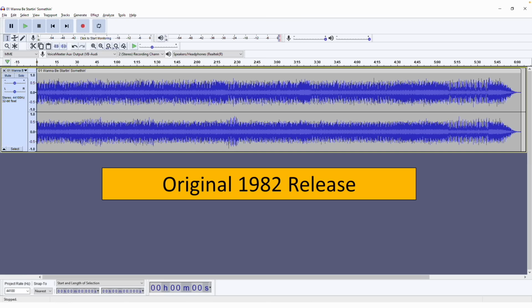This is the spectrum of the track. What we can see here in blue is the song itself, and in gray surrounding it is no song, okay? So if you look in these sections in between, these little peaks right through here, and there's some gray in this area, this indicates that there is dynamic range between these passages and even up to here. Now, if these waveforms were sitting up here at this 1.0 line, that would mean that we have what is called brick walled. That means that there is pretty much no life on the track anymore. Everything is just gained up so loud that there's no additional headroom.